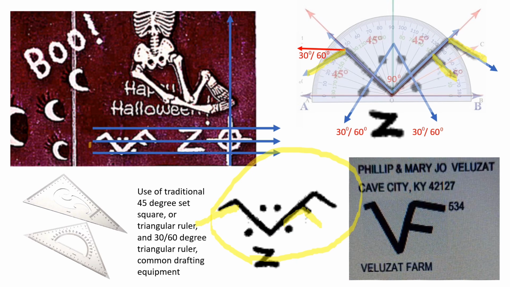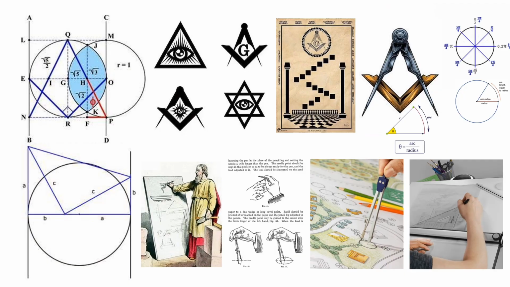In the white version in the card that's painted on, it appears to be more like a 45-degree angle, so I just wanted to mention that. Otherwise, everything else lines up very cleanly with the 90 degrees, which of course is 60, 30, double 45, and then the 45 down here. And the dots form, of course, the famous Freemasonry symbol,